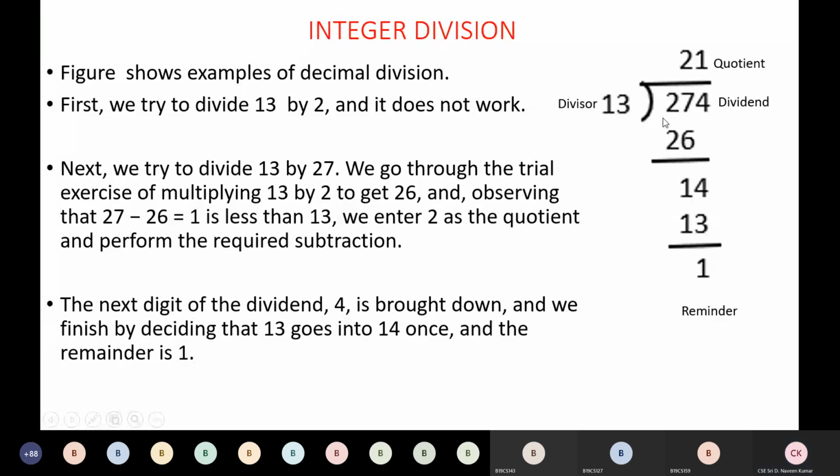This is an example wherein we have a dividend and divisor, and we try to divide the number 274 by 13. As humans we already know how many digits we need to take, because if we take only 2 we can't divide by 13. So we consider the 2 numbers, 27, then we divide by 13, 13 times 2 is 26, and we subtract to get the remainder 1, and we carry the 4 here. The important thing is we humans know that we need to take either 1 or 2 numbers.